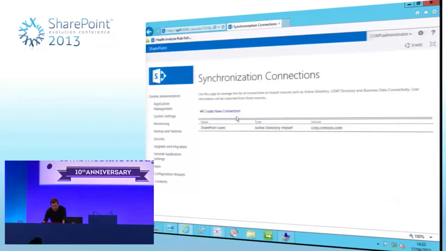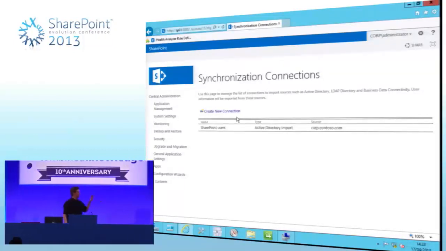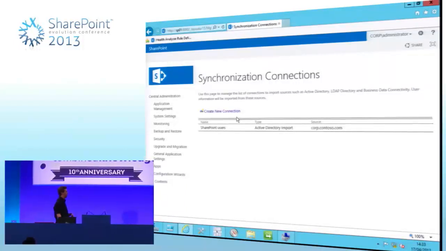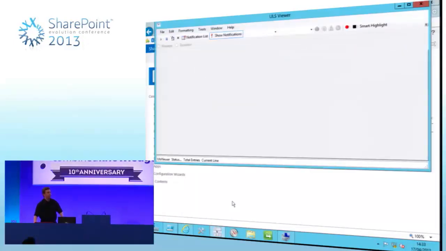It's going to save, and you see how quick that was? I can't even do my joke about the spinning logo because it's not talking to the FIM product, right? It's not talking to the user profile sync service, so it's very quick to save this. And now what's going to happen is in 5 minutes time it's going to attempt to